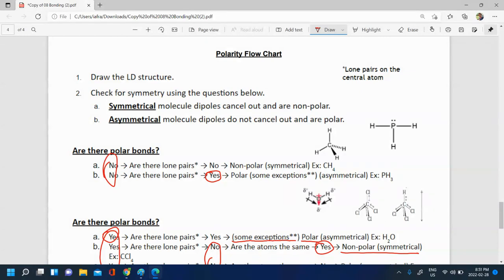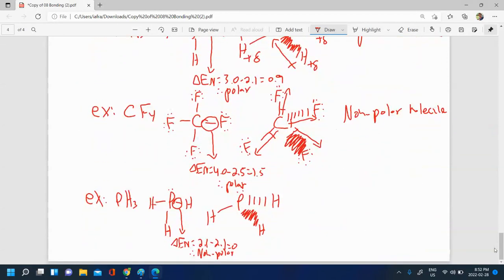So if there were no lone pairs, like in CH4, for example, then we could say our molecule is symmetrical and the electron density distribution is roughly the same throughout. However, there are lone pairs here. And because there are lone pairs, that is going to make our molecule asymmetrical overall. So even though there's no polar bonds, our molecule is still